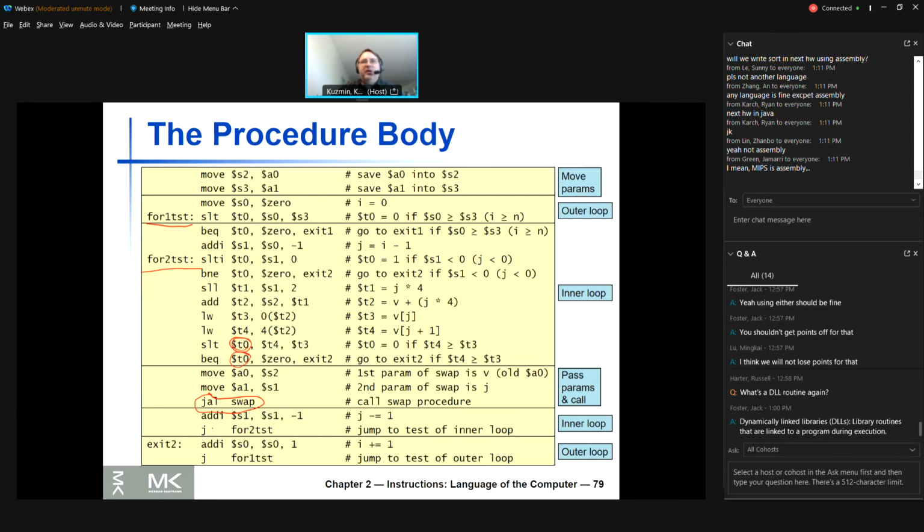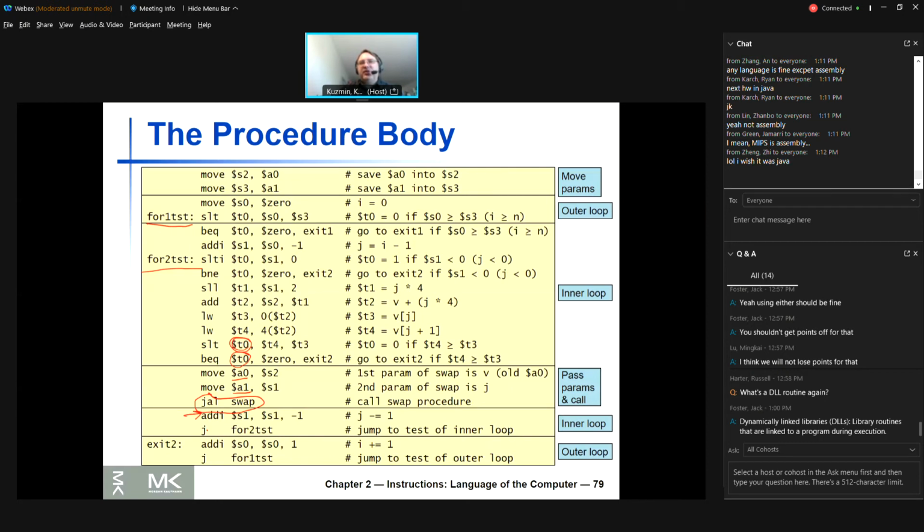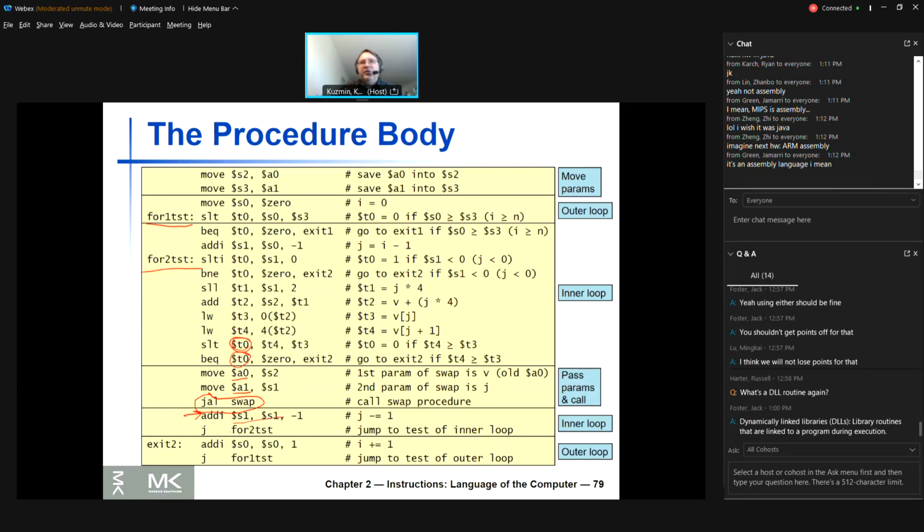Then we either go to exit 2 or not. Then we prepare arguments for our call to swap in A0, A1, and we call swap. If swap changes T0, then when we return from swap and continue execution here, we will see the value of T0 that was set by swap. That can be undesirable, dangerous. Is it a problem in this case? Do we use T0 here? No. We jump to test, and here we overwrite T0. So even if swap changes T0, it's not dangerous for our sort procedure, and we don't have to save T0. But if after we returned from swap we were doing something with T0, assuming that the value didn't change,